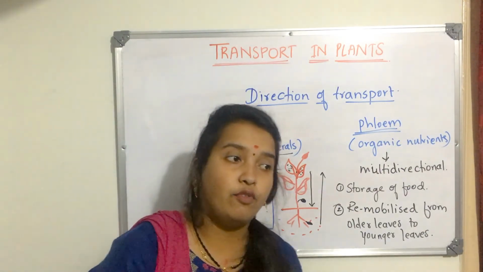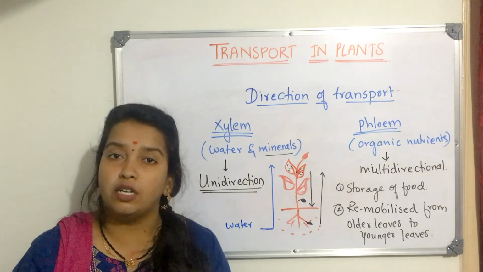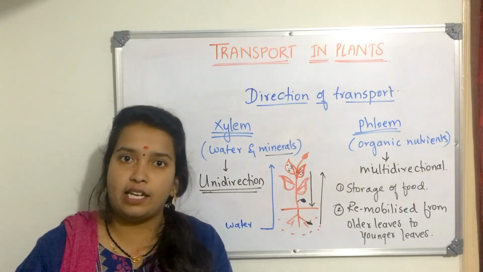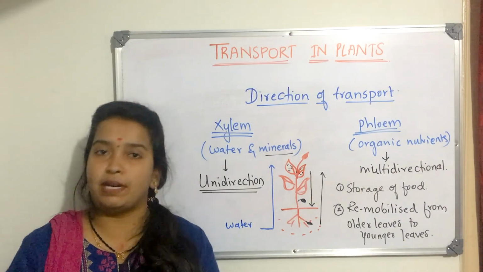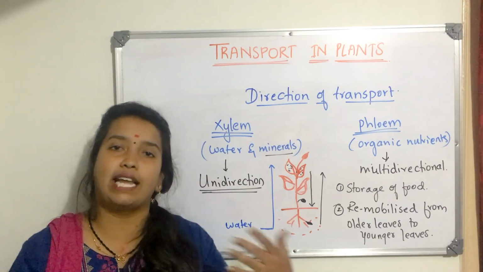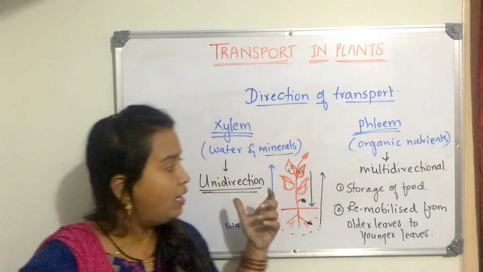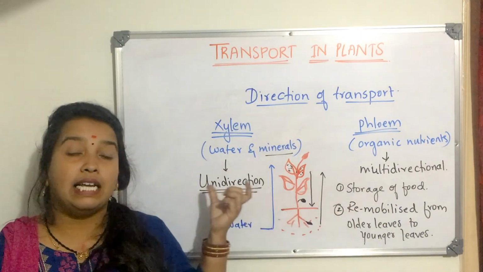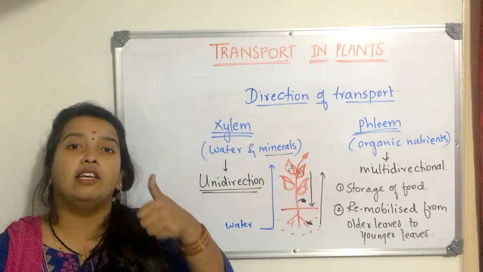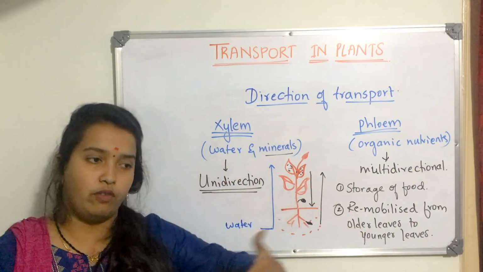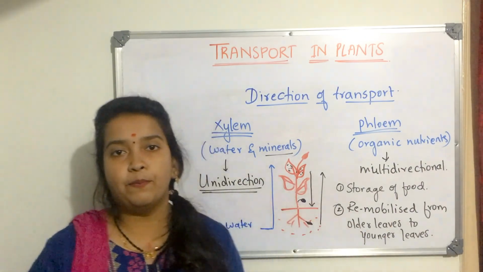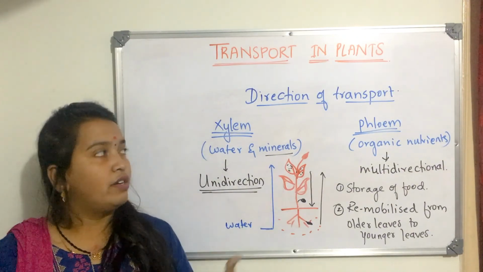Understood? And for hormones, we use some terms like it can be unidirection or it can be strictly polarized way. Okay, it depends. It can be unidirection also, it can be multi also. But here when we talk about xylem and phloem, in xylem, water is actually unidirection. Rest all things, it can go with uni as well as multi. I hope direction of transport is clear.